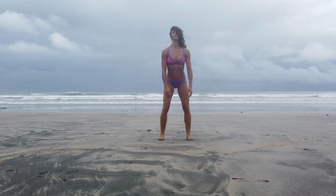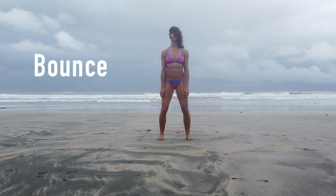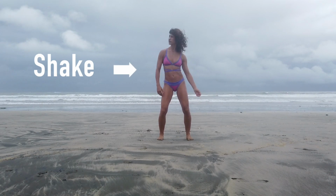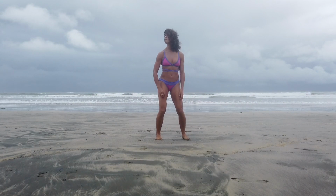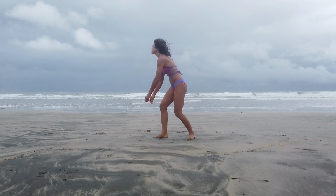This first technique is actually a combination of 3 different moves. The first is bouncing. The second is shaking. And the third is waving, spinal waving. And you can do just one of these 3 moves, or you can combine them as I'm doing in this